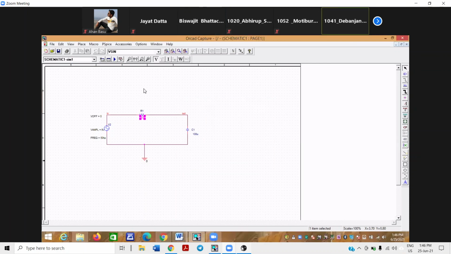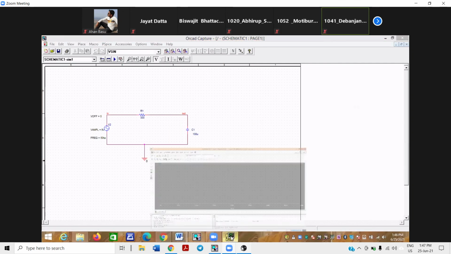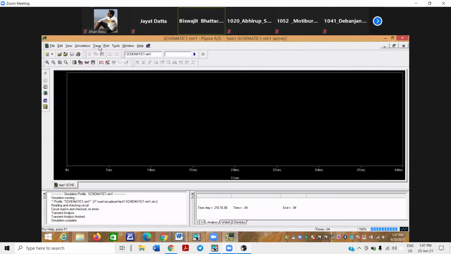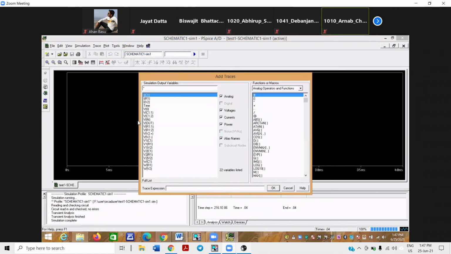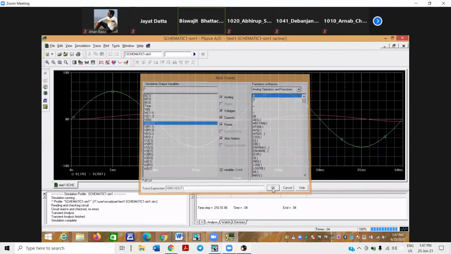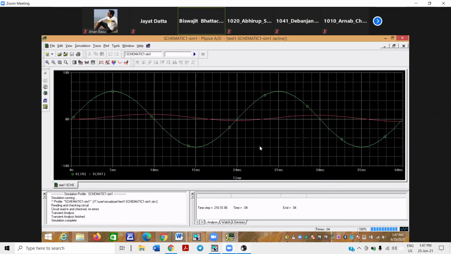Then click, run it. So once we run it, add trace, then V in, V out. You see our output voltage is quite small because a lot of voltage is dropped across the resistance.